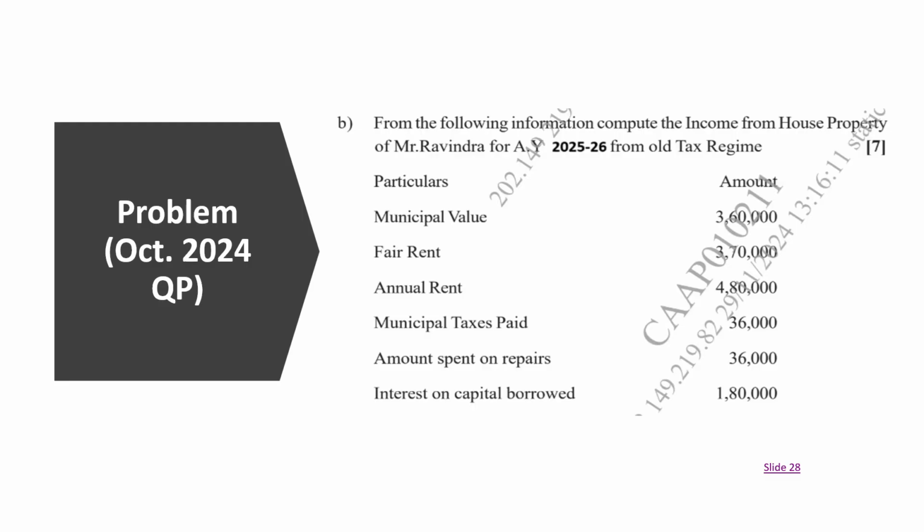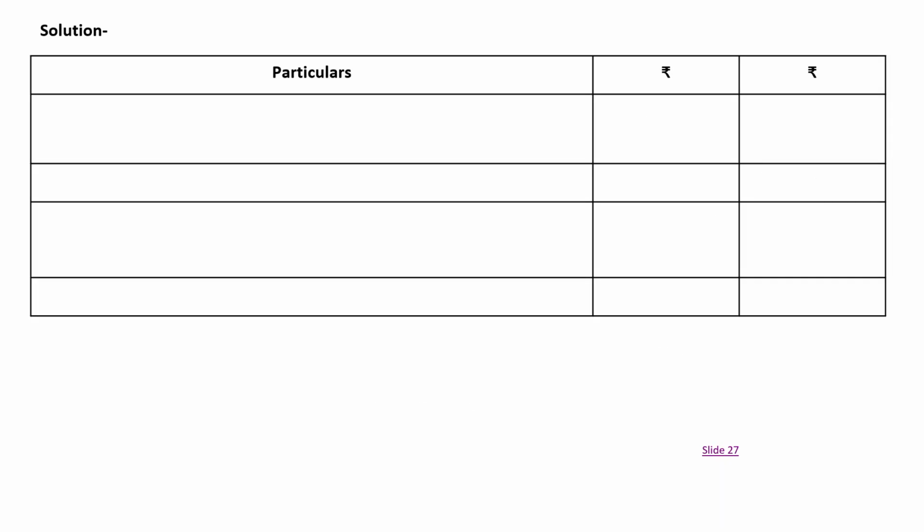From that deduct loss due to vacancy. So no loss due to vacancy is given. Loss due to vacancy is 0. Therefore, our gross annual value we get here how much? 4,80,000. So in this way, dear student, we get the gross annual value 4,80,000. Just put in the problem. So gross annual value we get here directly